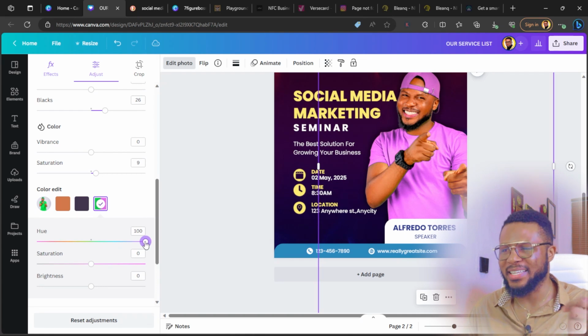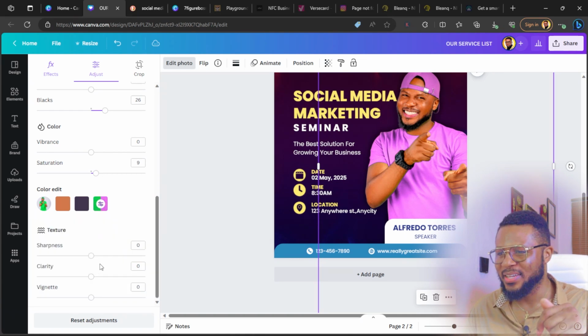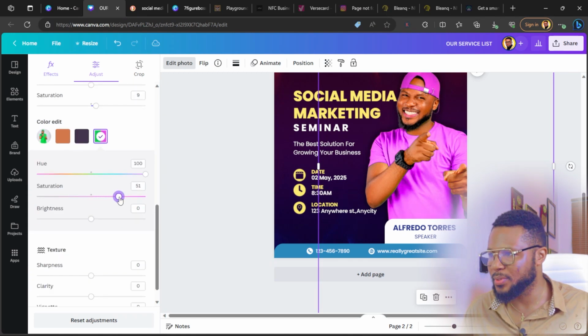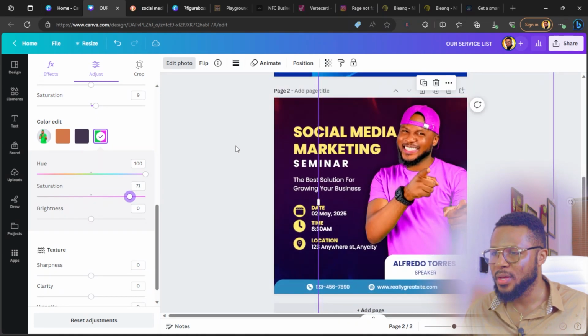I think, what do you think? Let me know in the comment section. I think the color stands out a little better. So I'm going to increase the saturation to make it pop more. Yeah, this is amazing. All right, so now we have this now, and the next thing we can do, or